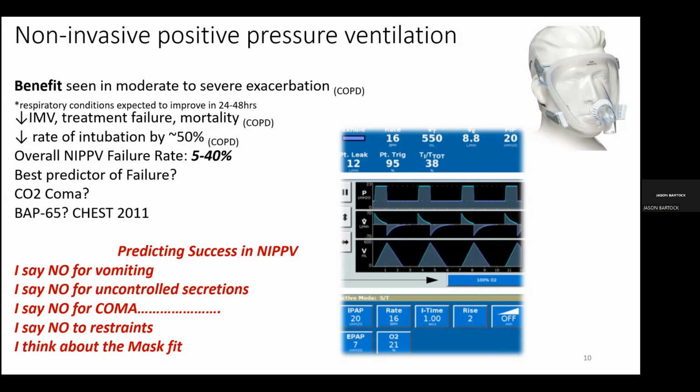No. A lot of times the rate of change can be much more impactful than the overall number. Meaning, for somebody who doesn't have chronic CO2 retention, if I went from a CO2 of 40 to a CO2 of 90, there's a good chance that I'm going to be stuporous, as opposed to the chronically compensated CO2 retainer who goes from 66 to 90, if you follow me. So the overall number may not be as important, but certainly there are some big swings in the